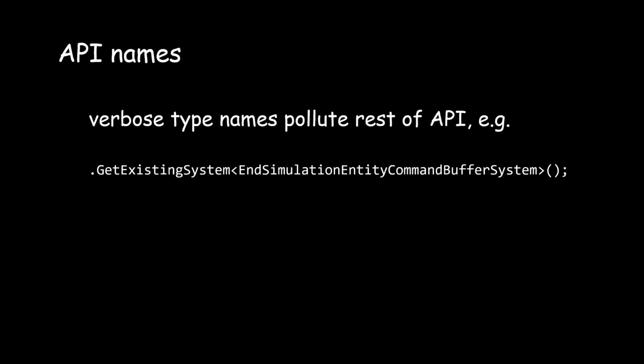This is mainly because the type names they've chosen for a lot of the key things are just unnecessarily verbose, and then that pollutes everything else because you have all these methods that include the type name, the full type name in the method name, and now the method names grow out to be way too long. And not in a helpful way, not in a way that makes it easy for learners. It actually just makes it harder because you end up with these German compound names where if you're unfamiliar with